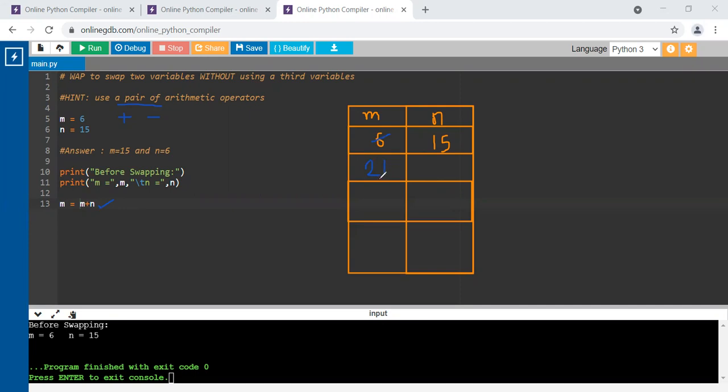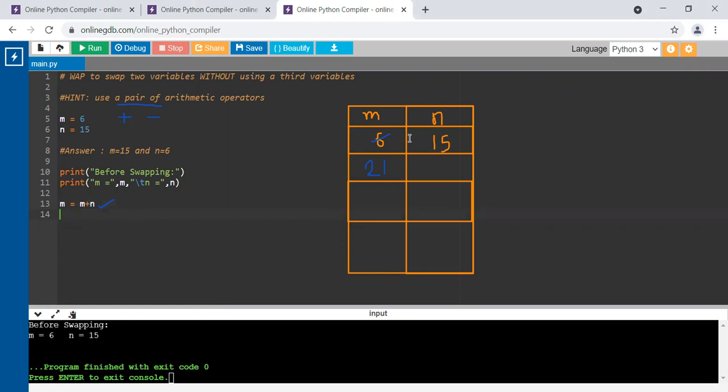All right. You might be thinking the value of variable m has been lost. It's not. We have added both of them together and it's been saved in variable m only. Let's see what I mean by that. After doing this, I would like to subtract n from m. That way, 21 minus 15 will become 6.